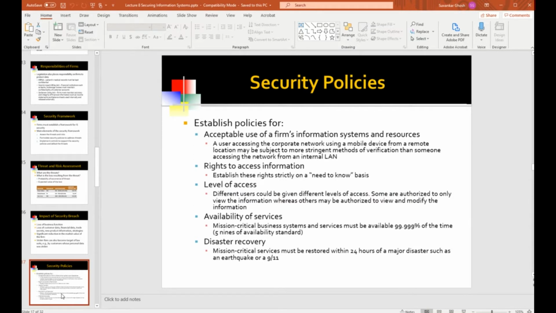But security is expensive. You're going to end up hiring security vendors who are experts in this stuff. You're going to end up buying software and specialized hardware from them. All of that is going to be expensive. So you have to decide what should you protect? What should you protect?